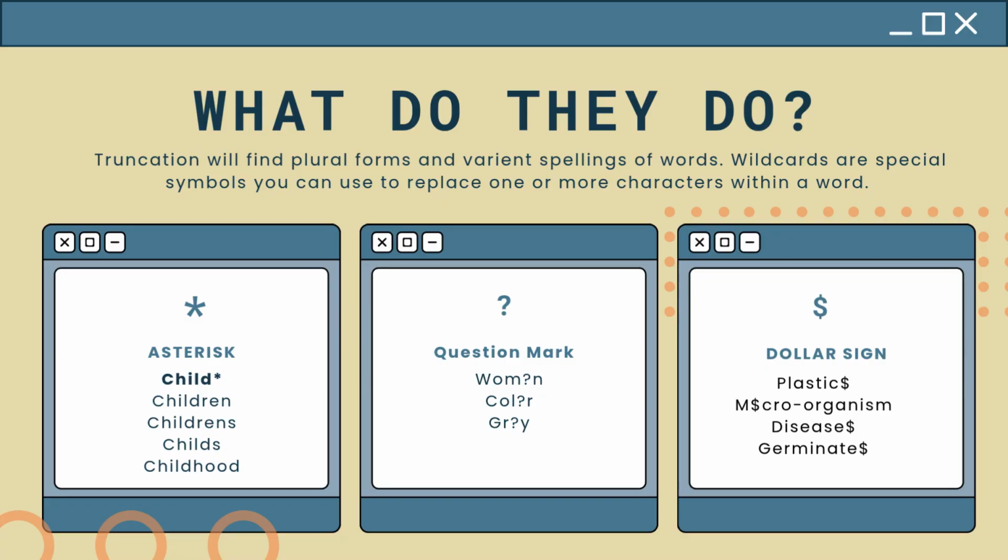So truncation is going to find plural forms and varied spellings of words for you. This is really great if you want to expand a search to include many versions of a specific word. As you see, it's represented by the asterisk. The asterisk is the truncation symbol. I used the word child as an example. I put the asterisk after the D because it's going to pull up various forms of the word